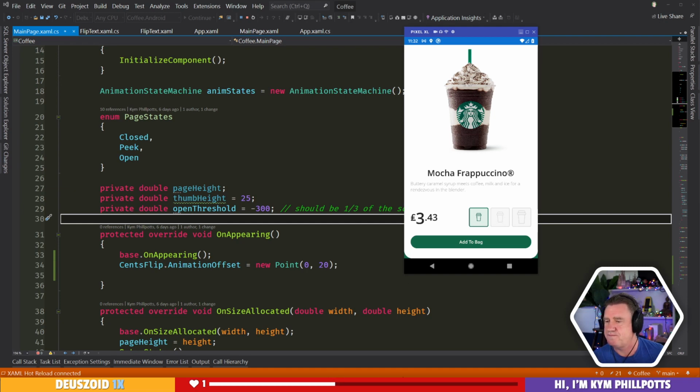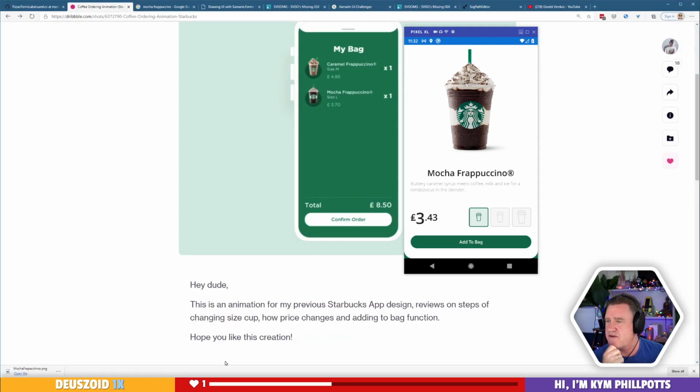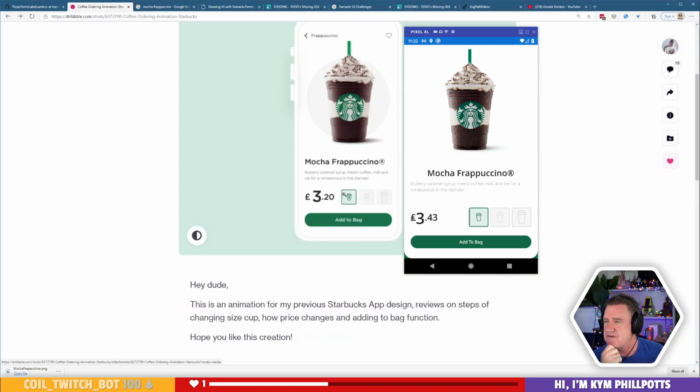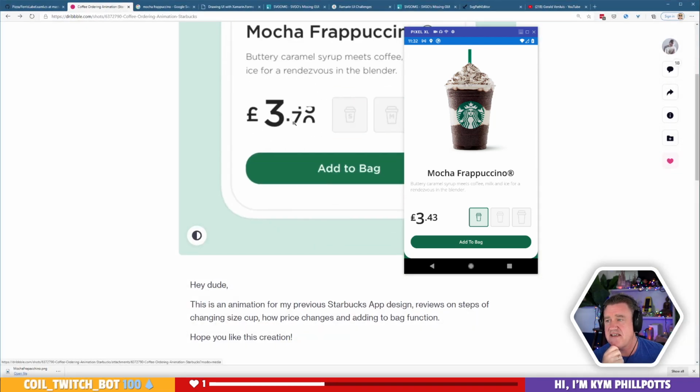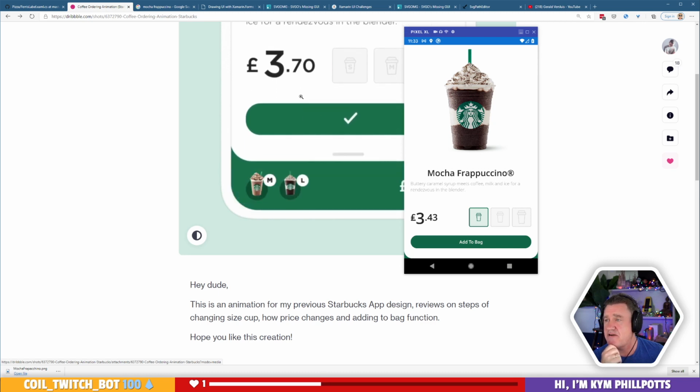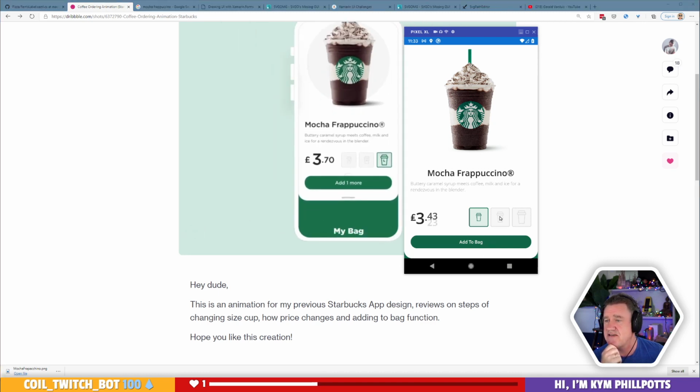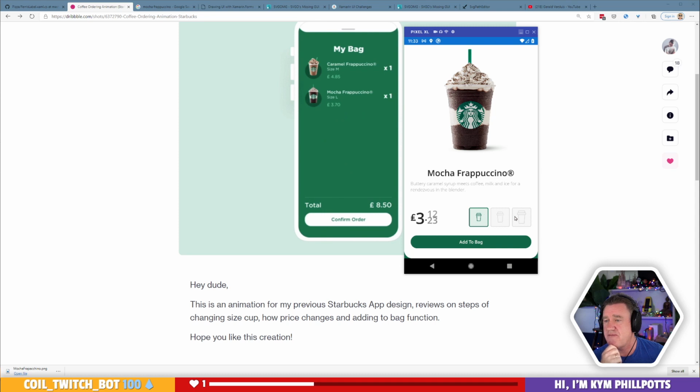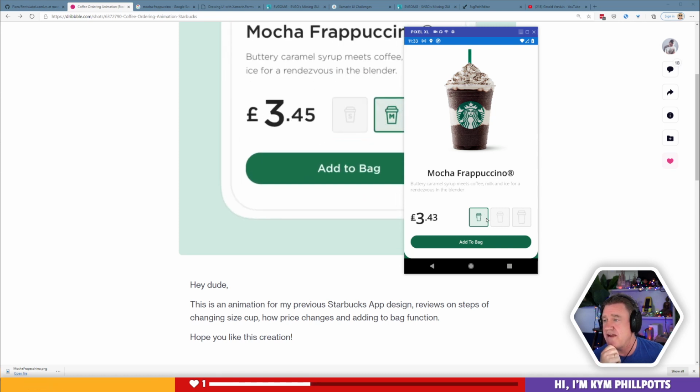What do you think? Is that close enough? Can we live with that? One thing I do like about this, it does the individual letters. You see how it doesn't animate both of them in at the same time. It actually animates them in at sort of random times, actually.